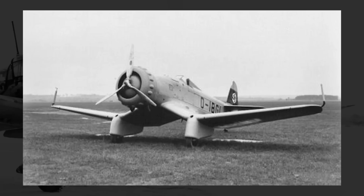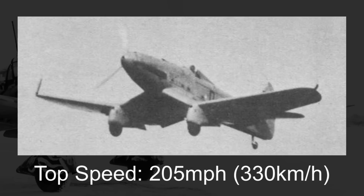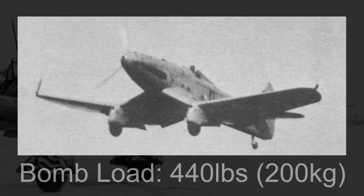The engine was then swapped out for a Rolls-Royce Kestrel inline engine, and later a UMO 210, also an inline engine with around 600 horsepower. With this new engine, the top speed sat upwards of 205 miles an hour, and it was armed with 4 forward-firing guns, either 4 7.92mm machine guns or 2 machine guns and 2 20mm cannons, to go along with a bomb load of 440 pounds. While overall these performance specs were pretty solid for a mid-1930s dive bomber where top speed isn't